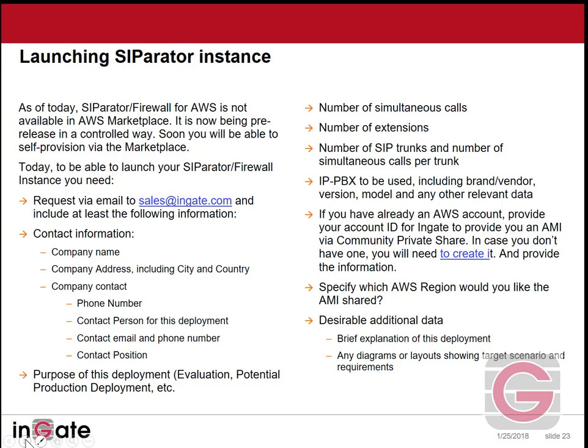First of all, you need to send an email to sales@ek.com including the following information. First, contact information: your company name, address, including city and country, your contact information, phone number, contact person for this deployment, email, phone number, contact position. The purpose of the deployment: an evaluation, a potential production deployment, whatever you think is relevant for us to better understand what you're pretending to do,